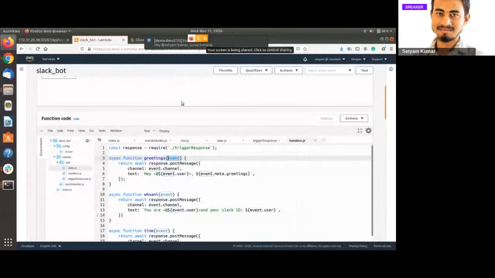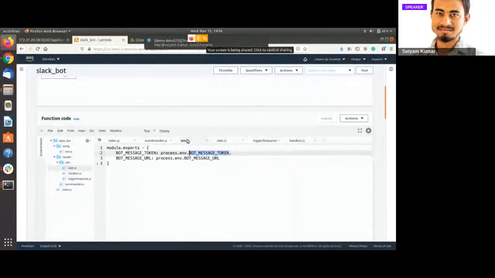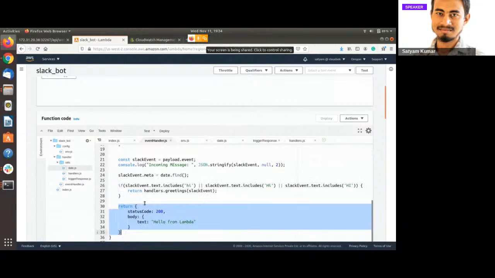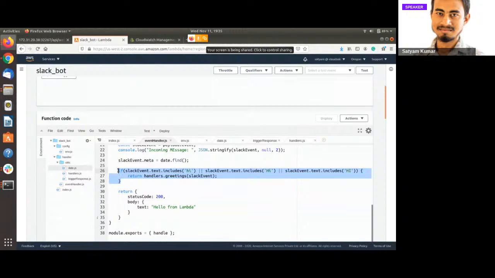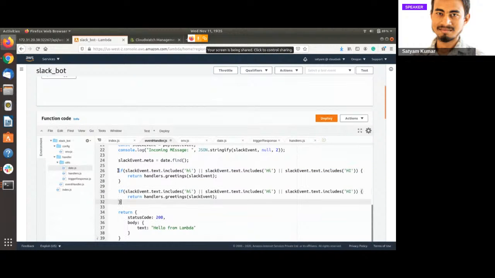So we have two more handlers which we can create. I will quickly copy whatever we have done for this. Okay, we will add time, and we have it in the handler function.